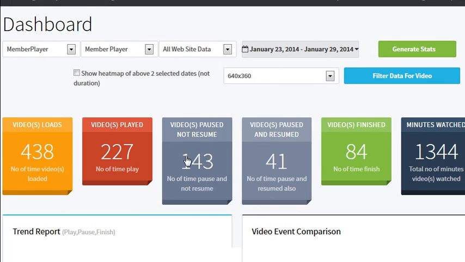Videos paused but not resumed. So obviously if people are pausing your video and they're not coming back, that's your fall off rate. Or not the rate, but how many people click the pause button but also start to resume again. So there's some resumed. These are how many people are actually finishing a video all the way to the very end,